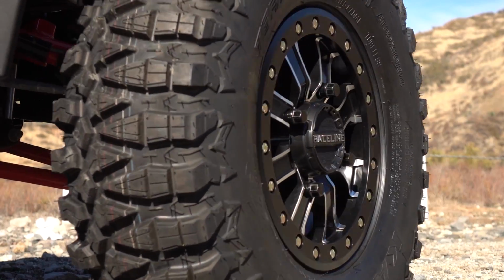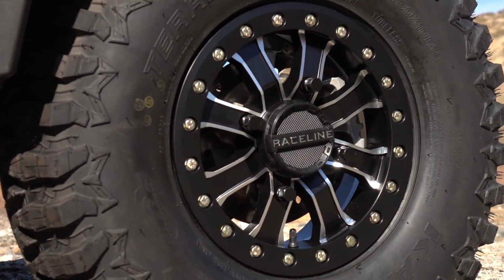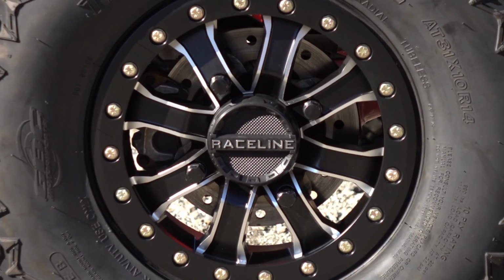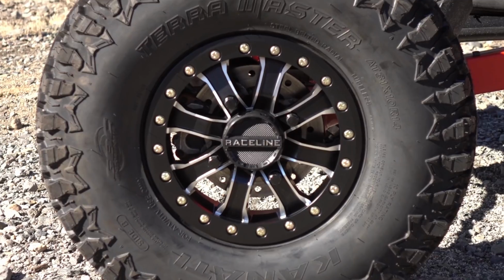Now I also run beadlocks. This has some Raceline beadlocks on it. They're really good beadlocks and they're very economical. Get yourself some tires, get some Raceline beadlocks, and you'll be a lot happier with the car. It makes everything I said about how it handles come together, because stock, they're just too small,